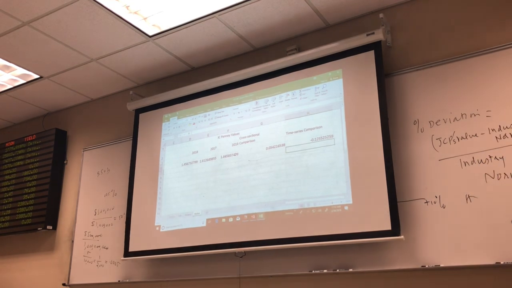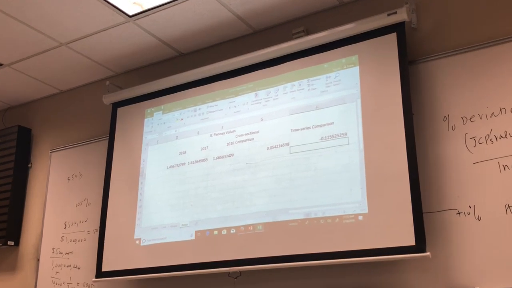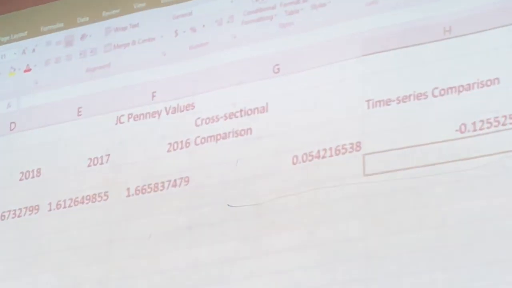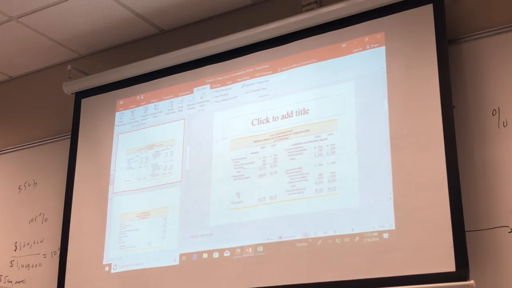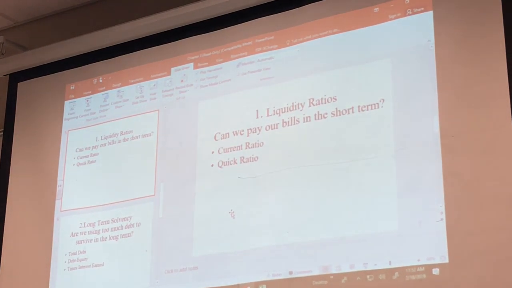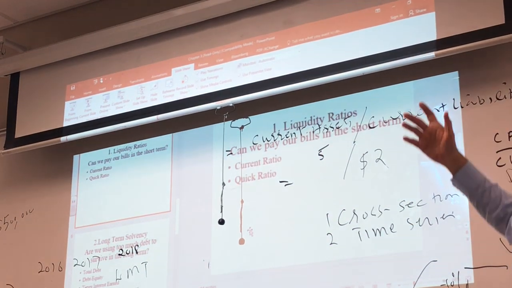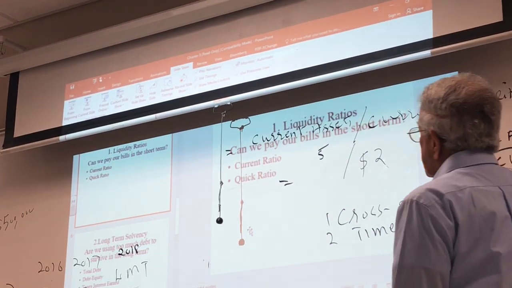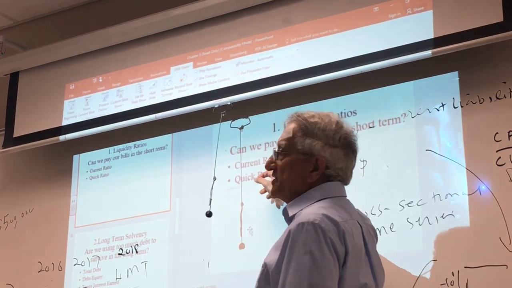Any questions before I move on to the second ratio? All right, so the second ratio is this one here, quick ratio. The second ratio is quick ratio. So I told you a problem with the current ratio, because the current ratio, what? It includes